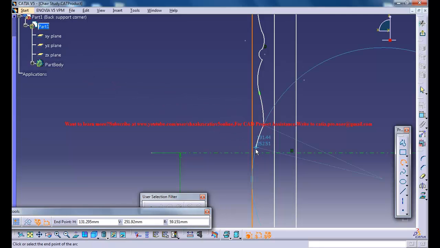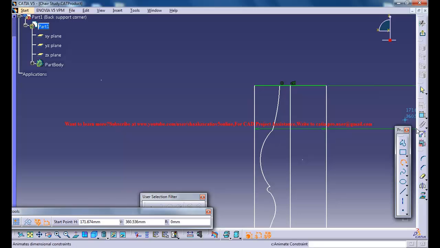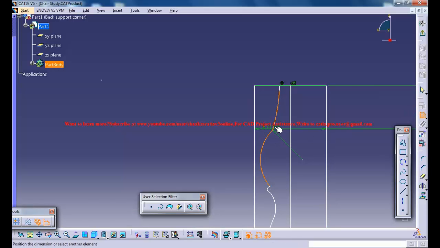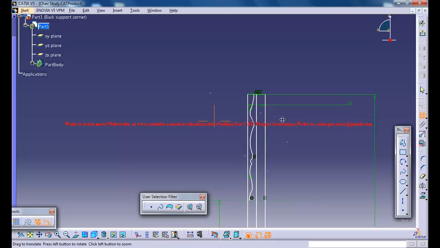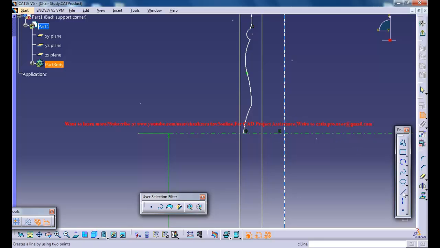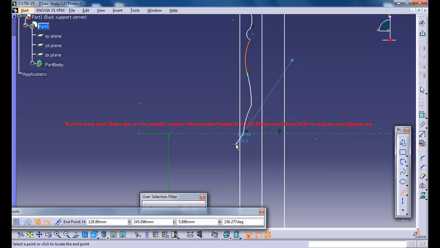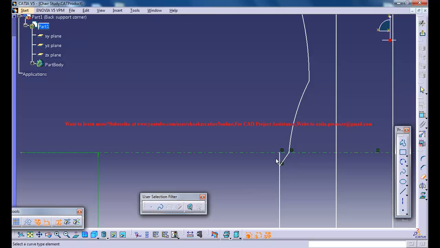And once it reaches here, you could do it something like this. And here you can see it's not really smooth here, so if you feel it's not really smooth, you could select that, this one, and go for tangency. And now you could use a line here and cut it across like this, and use the trim command. Trim this portion here, and don't leave this line here,